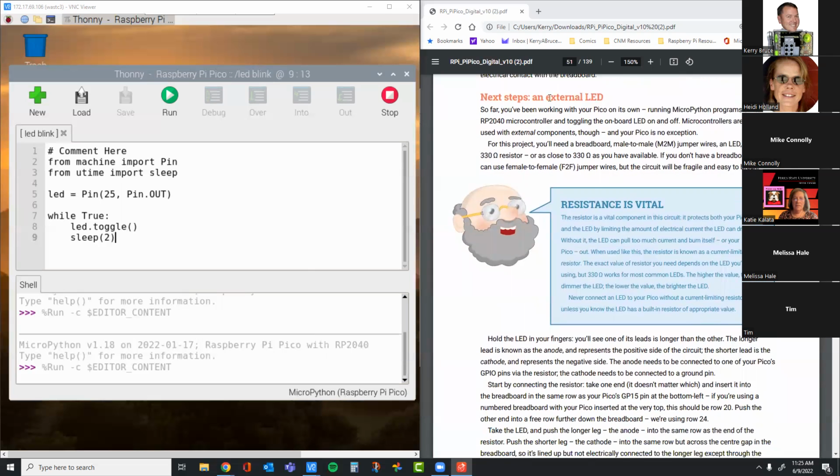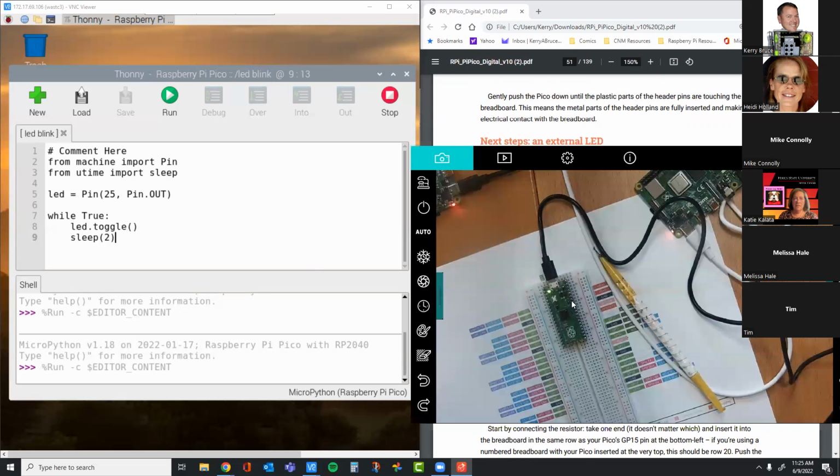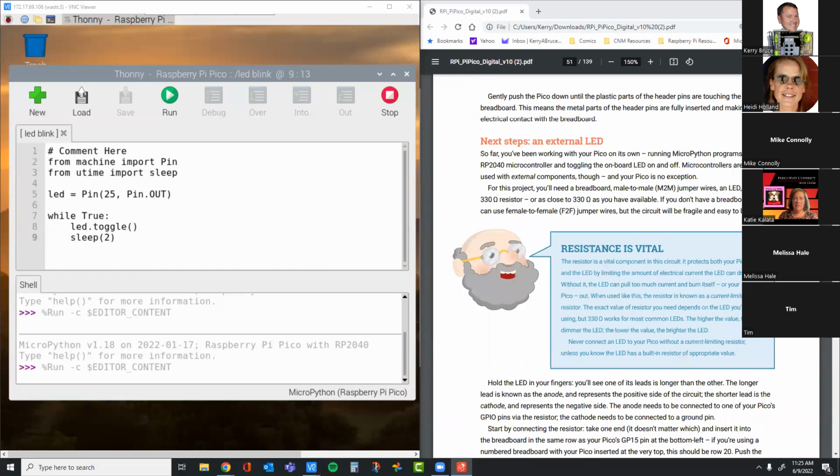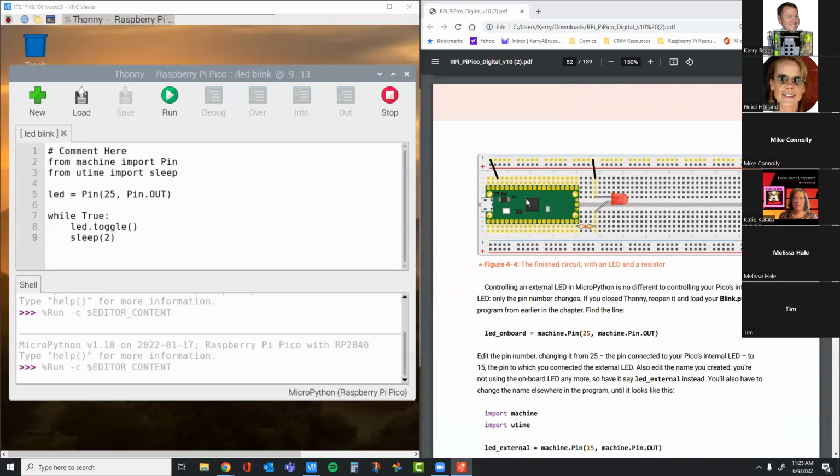Now we're going to do an external LED, right? So we've done the internal LED, where that program is still running right here in the background. And now we're going to do an external LED. In order to do an external LED, what do we need? Does it tell us? It doesn't tell us, we just have to figure it out. So a 330 ohm resistor, I'm sure it does. We need two